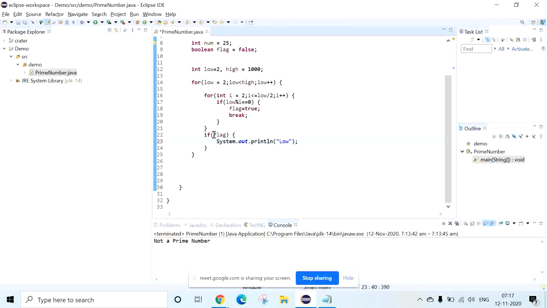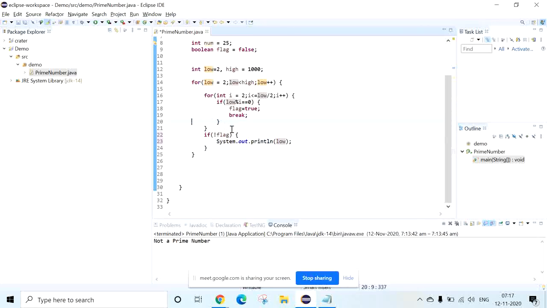Which means it must be false. Okay, if it is false, then it is a prime number. Got it? Okay, this is what we need to do.